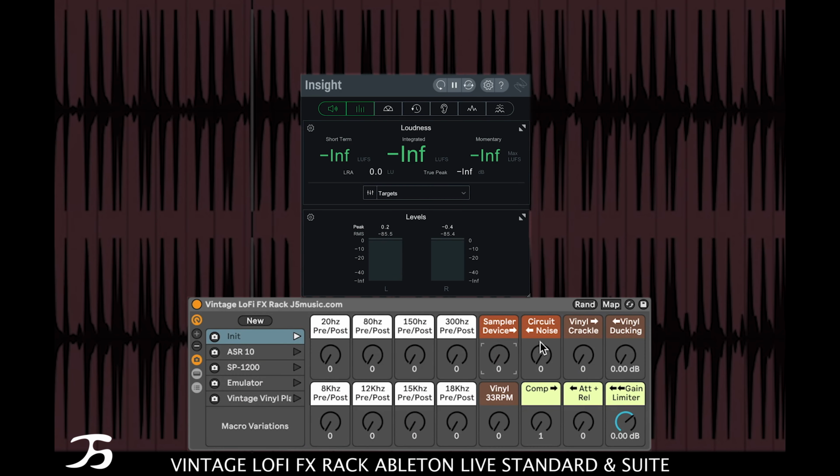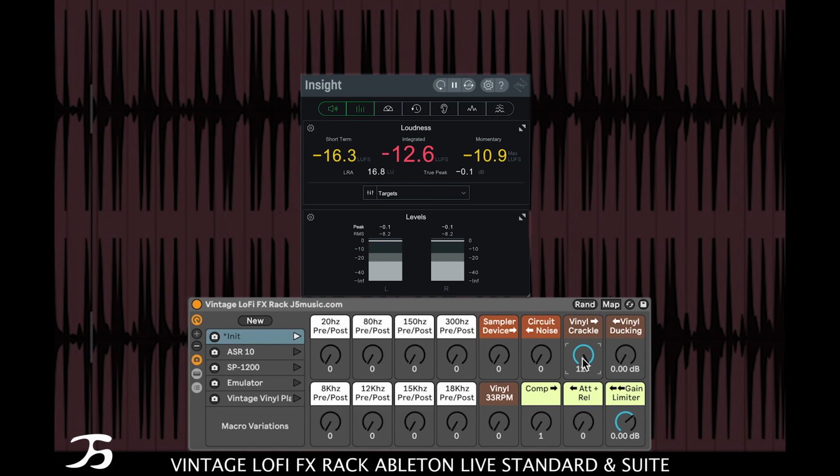Moving on to the vinyl crackle and the vinyl ducking, along with the speed or the wobble of the motor speed. So the vinyl crackle, you can't hear anything, because what I've done with this is when audio comes in, that is when the crackle will start playing, and then the ducking is basically just a sidechain compressor that monitors the incoming signal. So if I just do this, you can hear it now. But then if we want it to duck with the incoming signal,